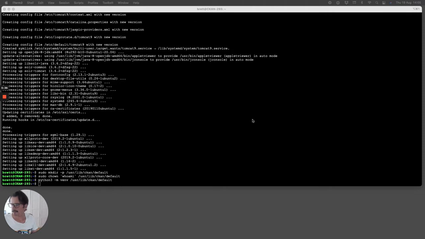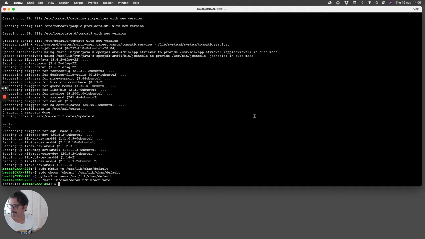So we activate our new path, so we'll be able to run everything from, so the path variable's changed, so I can actually have direct access into that /usr/lib/ckan/default/bin